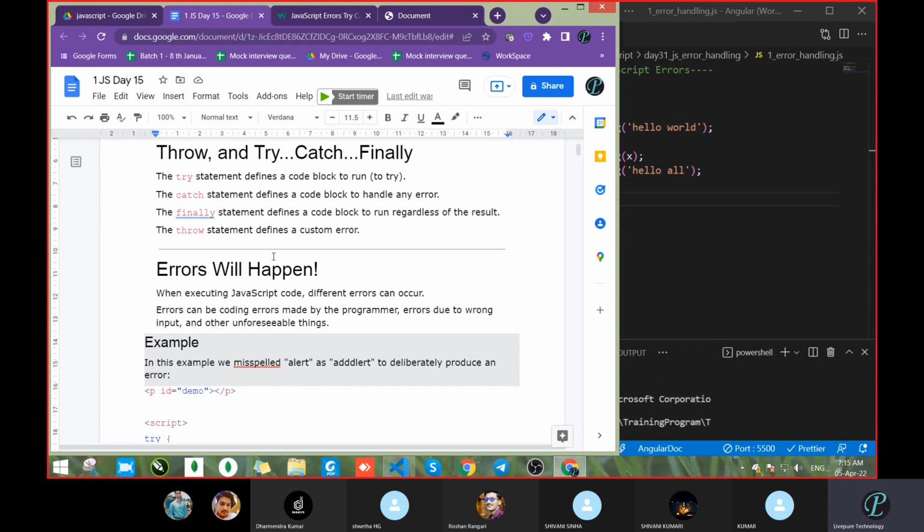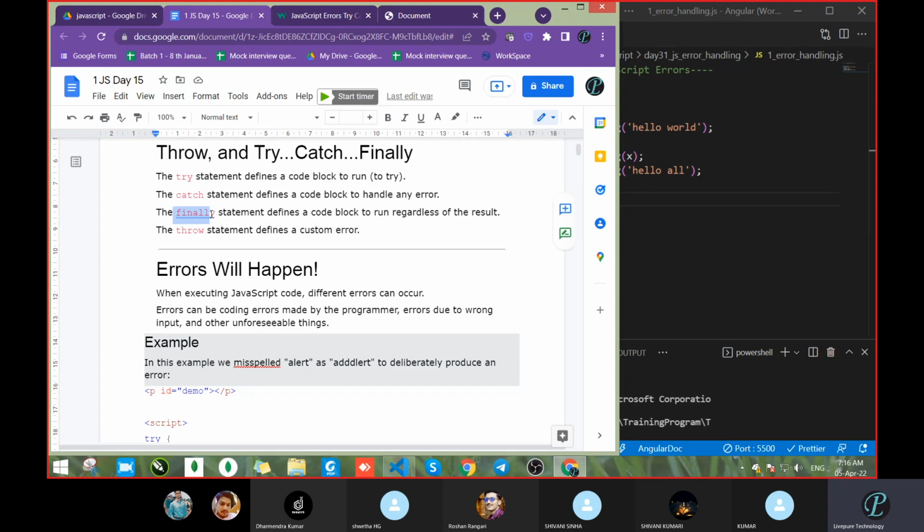We have no idea that any error will come unexpectedly. So the try block is the code which has to run, and the catch block is what will give the error. When the error came, you have to keep it inside the catch.